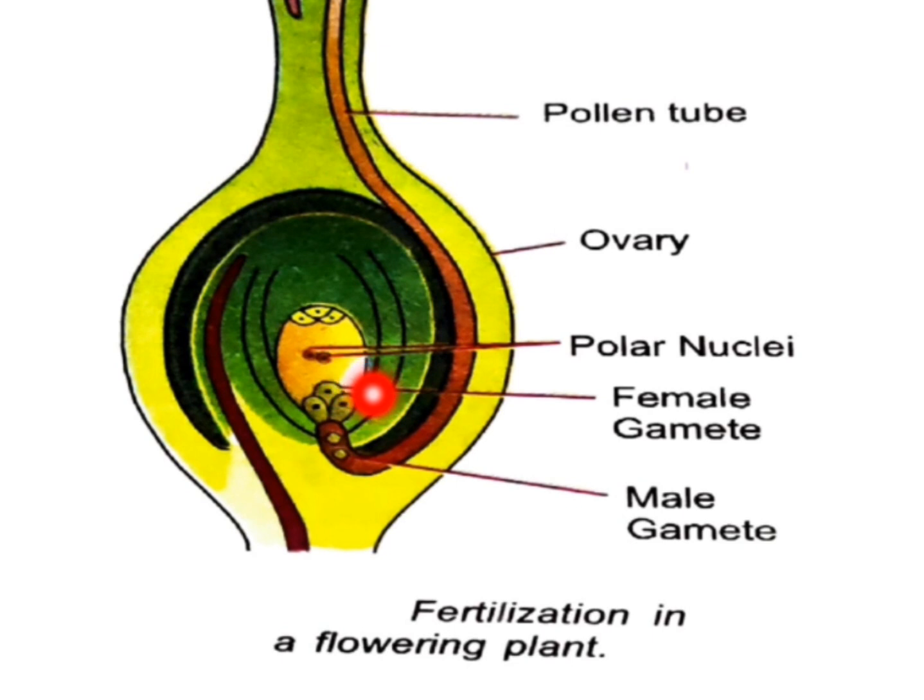The first male gamete fuses with the female gamete to form the zygote. The second male gamete fuses with the two polar nuclei present in the center of the ovule and forms endosperm. This is how two fertilizations take place in angiospermic plants. One fusion, the first male gamete with the female gamete, forms the zygote, and the second male gamete fuses with polar nuclei to form endosperm. Due to these two fertilizations, double fertilization takes place in angiospermic plants.